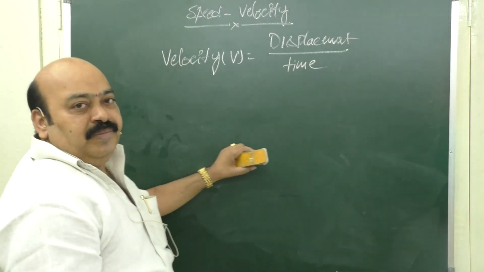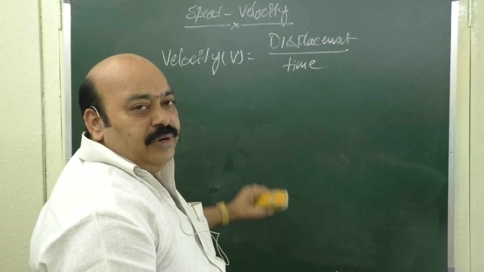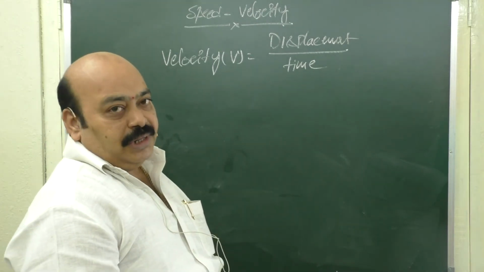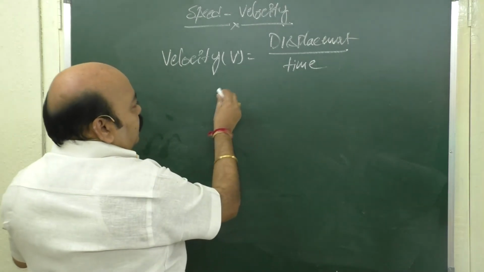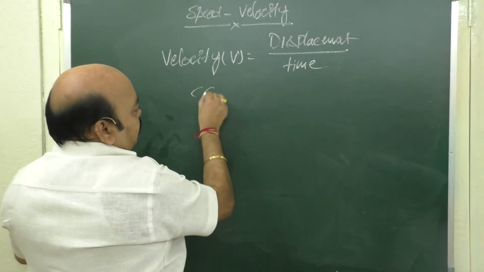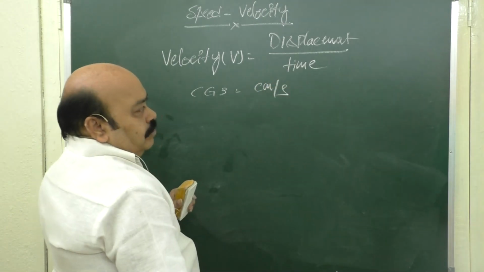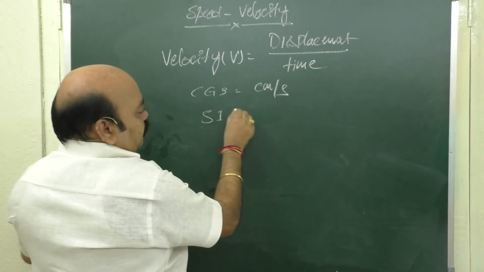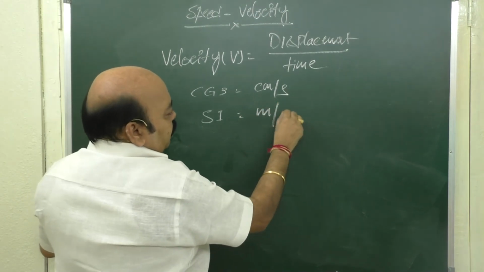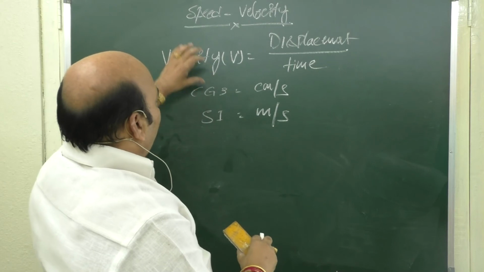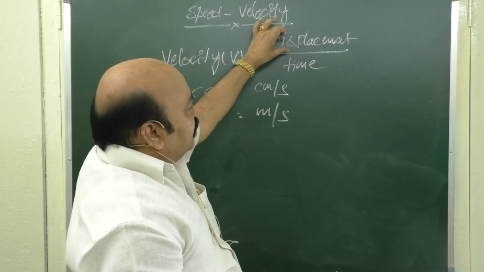The displacement of a body in unit time is defined as velocity. Same units are used, of course. That means in the CGS system, centimeter per second, and in the SI system, it is meter per second. The only difference is in the formula, in the previous case here distance is there,